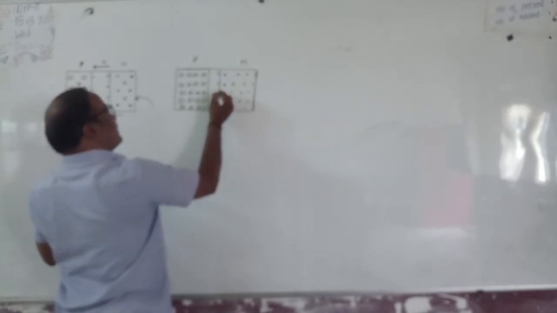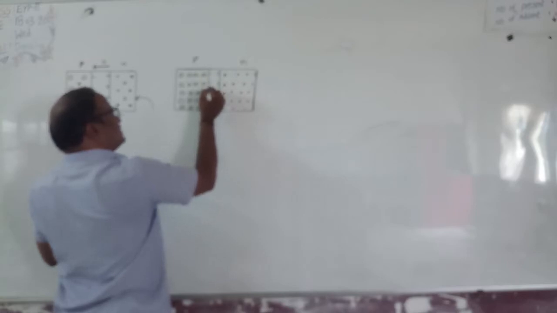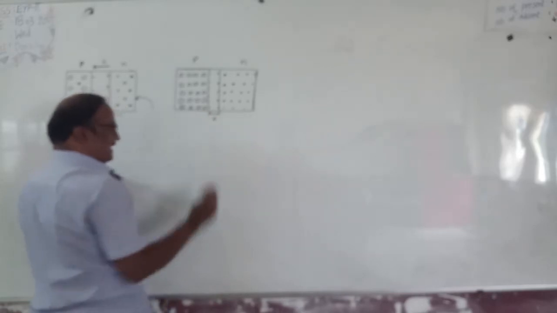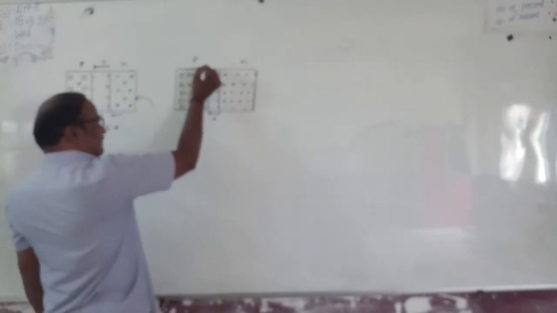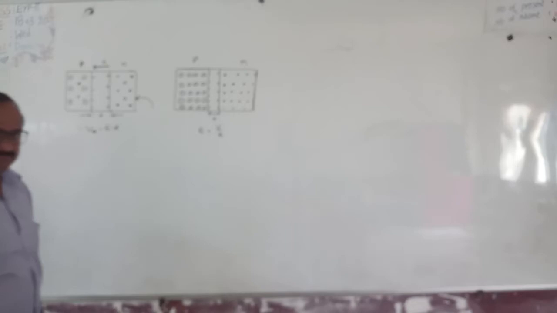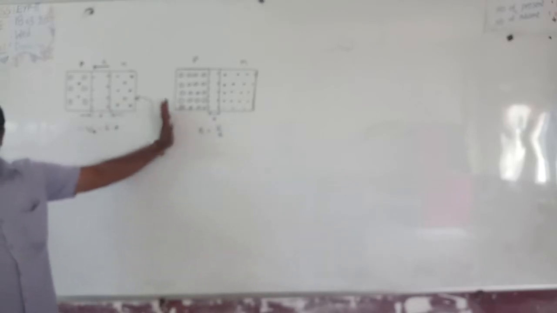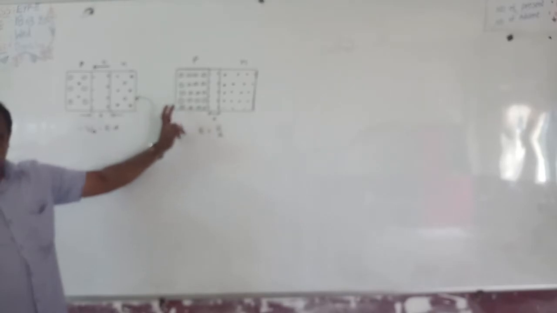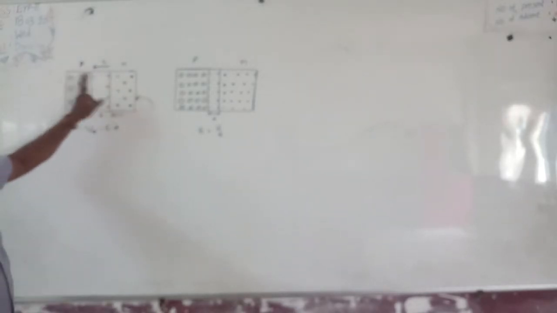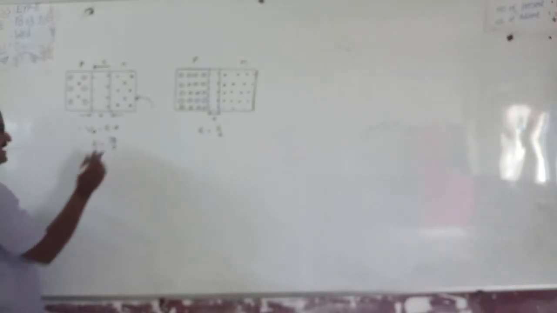So this is the positive electrode and this is the negative electrode, right? The thickness of the depletion layer in this case is equivalent to some D, and the electric field intensity developed between p-type and n-type semiconductors is equivalent to V by D. Now what is the difference between these two? Do you understand? See clearly. In this case, this is a diode which is moderately doped on both sides. Moderately doped means it has a finite thickness of depletion layer. The intensity of the electric field is equivalent to V by D.